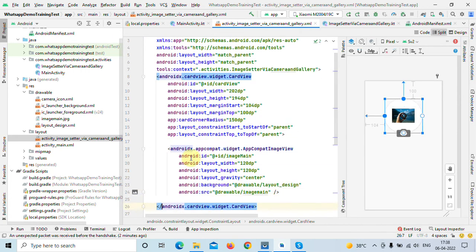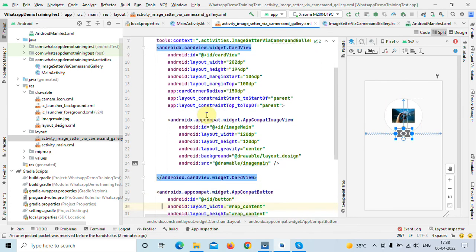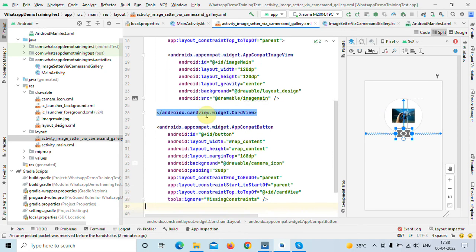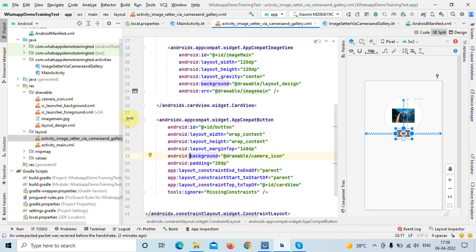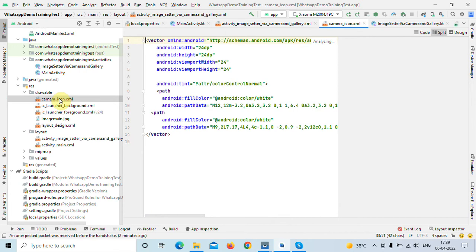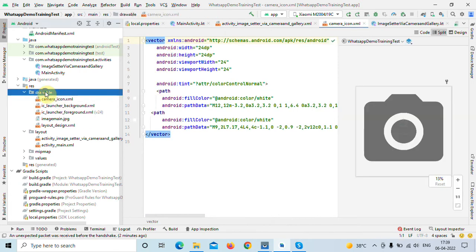Second, image view, that is placed into our card view. And third widget, that is app compact button. We have set the ID, padding, and all other attributes that we need. And in the background we place a drawable camera icon, that is this.